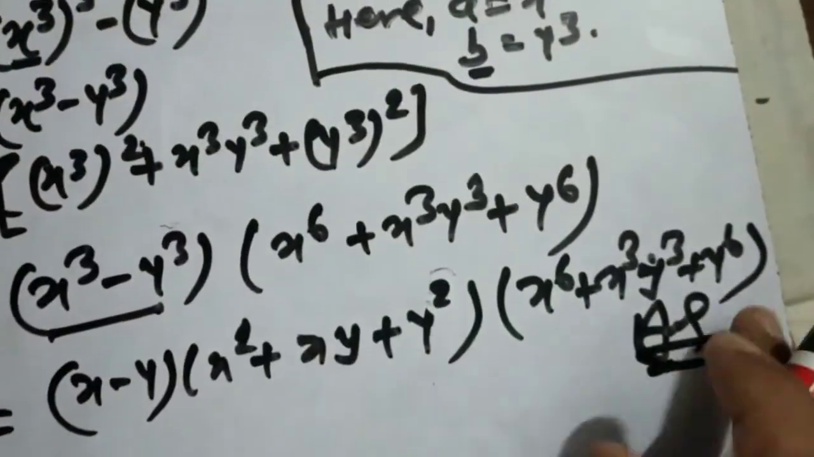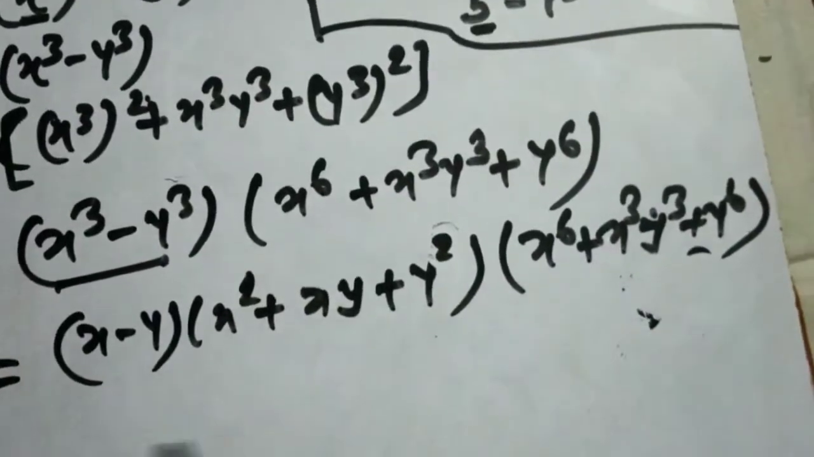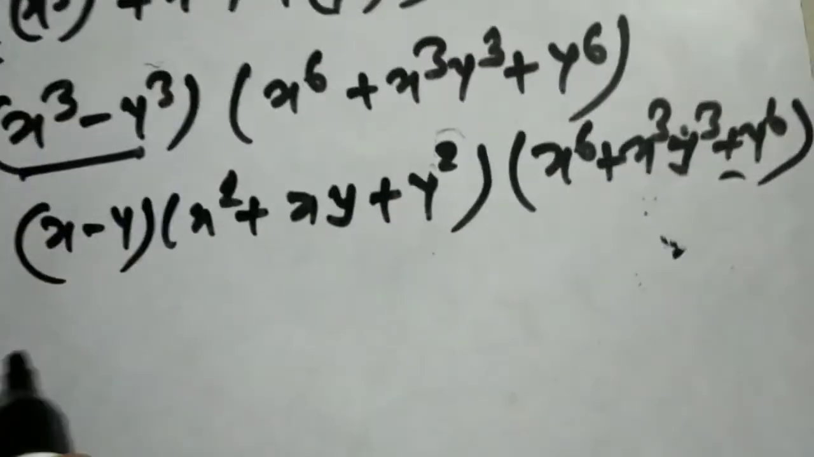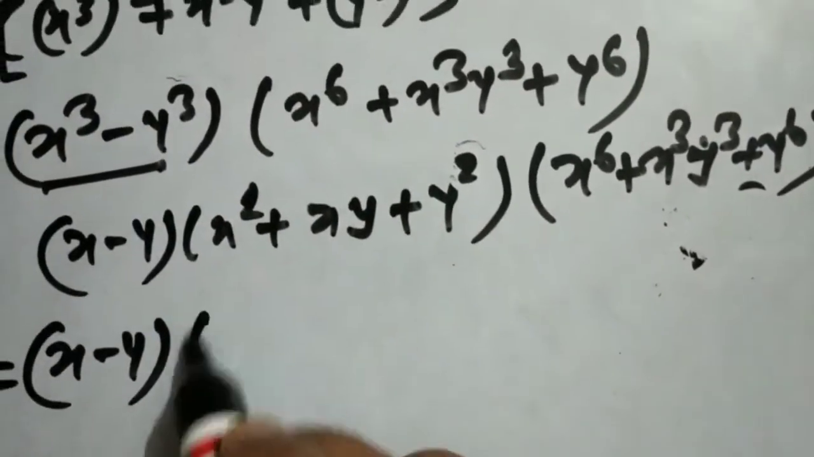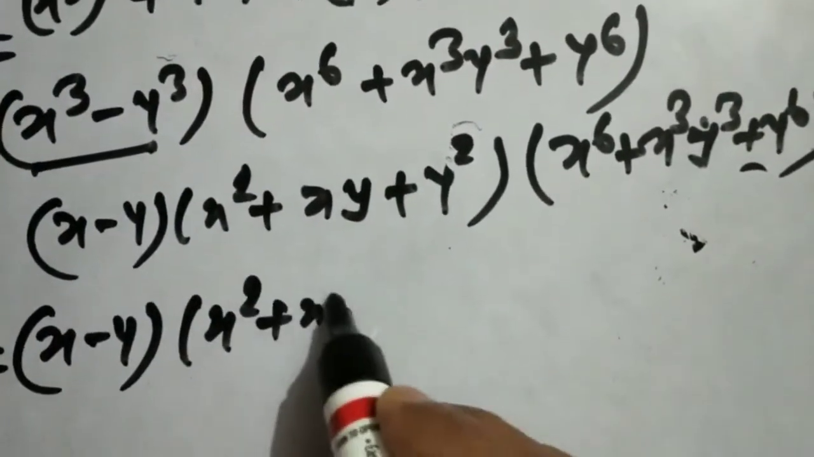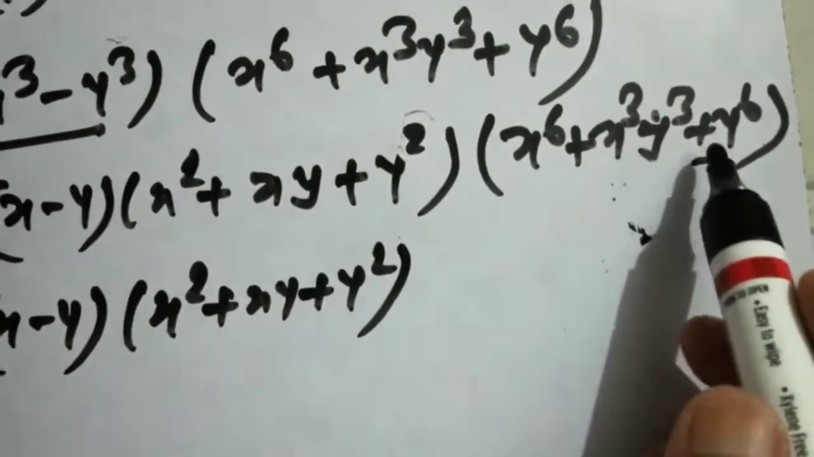So this is the factorization for the given question. Okay. Now this can also be factorized. You can see here this can also be factorized. How it will be factorized, let us see. This will be (x minus y), and then you have to write (x square plus xy plus y square), and now this can be factorized as,